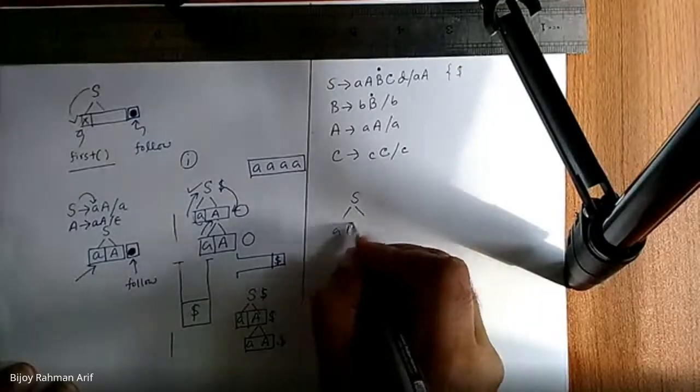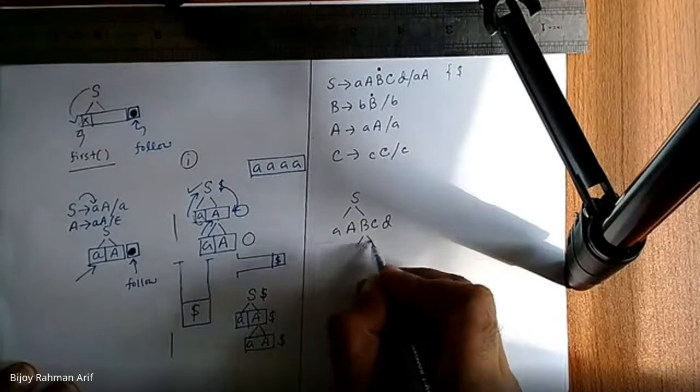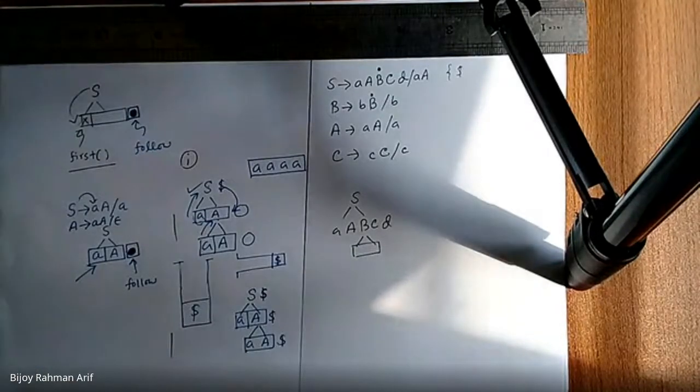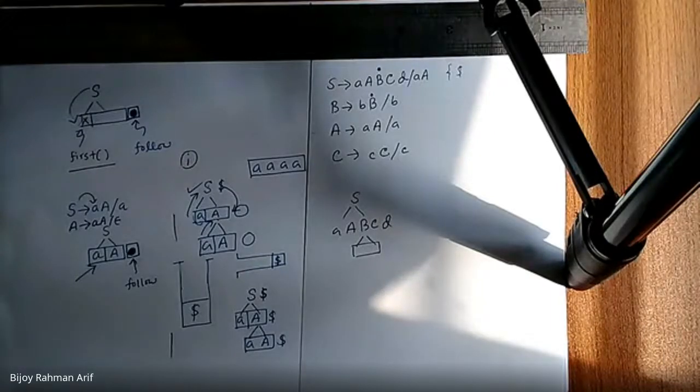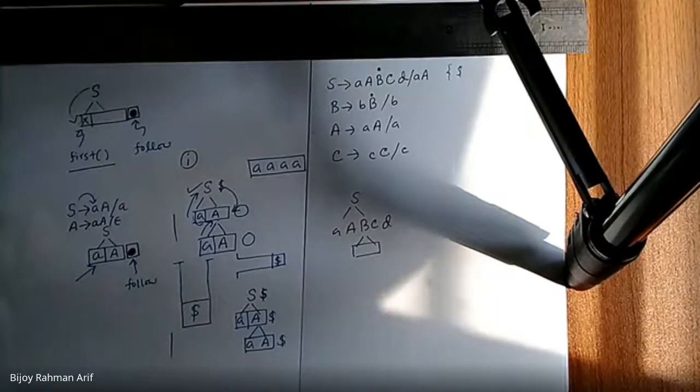No, sir. So if S derives A, B, capital C, d, then if B derives something, what would be the follow of B? C. C is a variable. So what would be the follow? First and follows are always terminals. The capital C cannot be. Small c, sir? It is not a small c. It is a capital C. Wait, sir, first of C. Follow, not the first. Right?